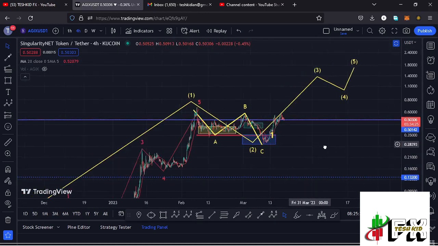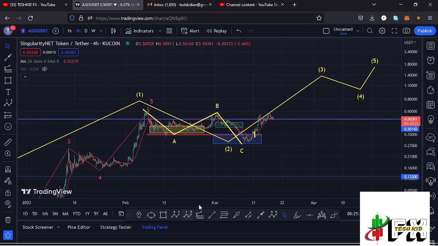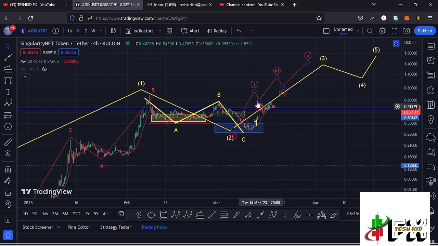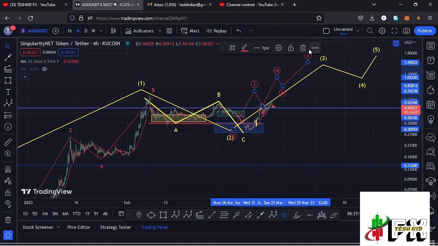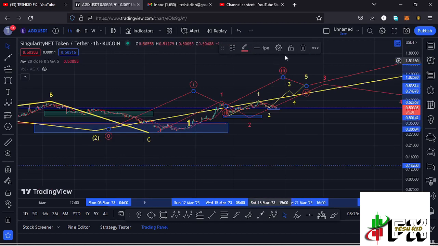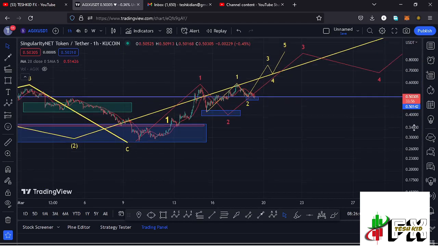And because of the impulsive nature in the formation of that wave 3, I'm also expecting to see a 5-wave structure in formation within the formation of that wave 3, having the wave 5 fully maximizing our target areas and also giving us the high for that higher Elliott wave count 3 to the upper side. And this Elliott wave structure, which is a micro Elliott wave count within the formation of this wave 3, is what is going to give me the short-term scenarios, and I believe that is better seen here on the 1-hour chart. So jumping to the 1-hour chart for further analysis and also give you the short-term scenarios,